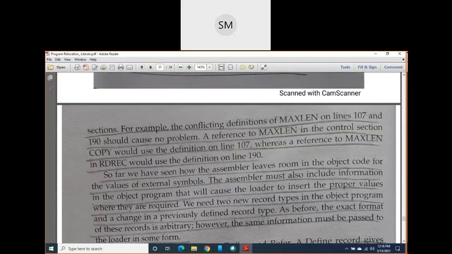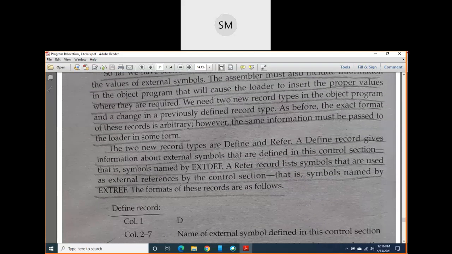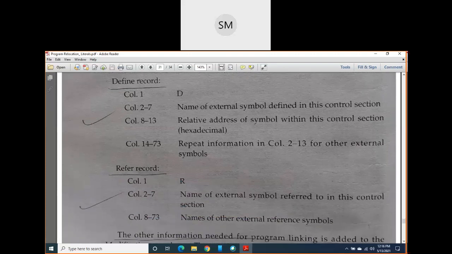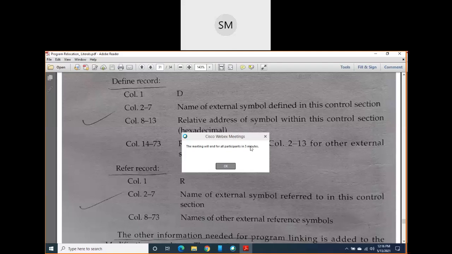Next I will go to, now, after writing object codes, what is the next step? The next step is to write the object program, right? Already you know the object program format: header record, text record, and end record. And again, if you want, you can write a modification record also.